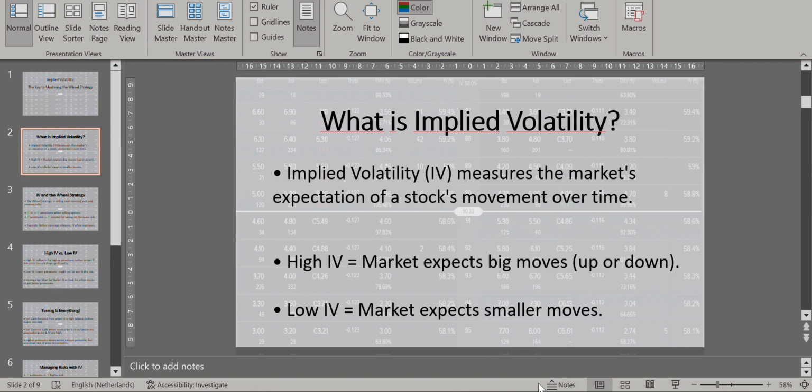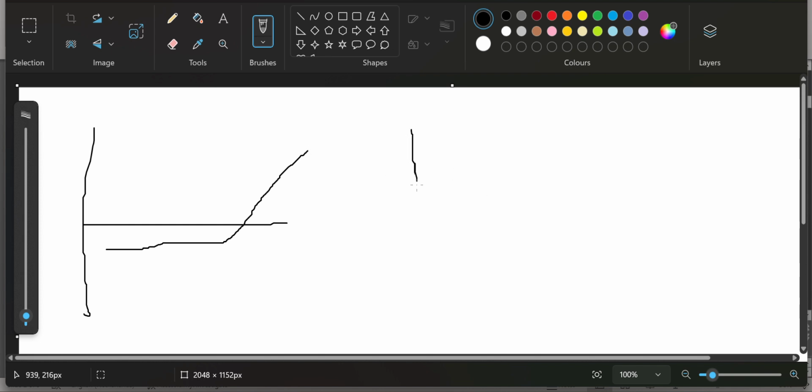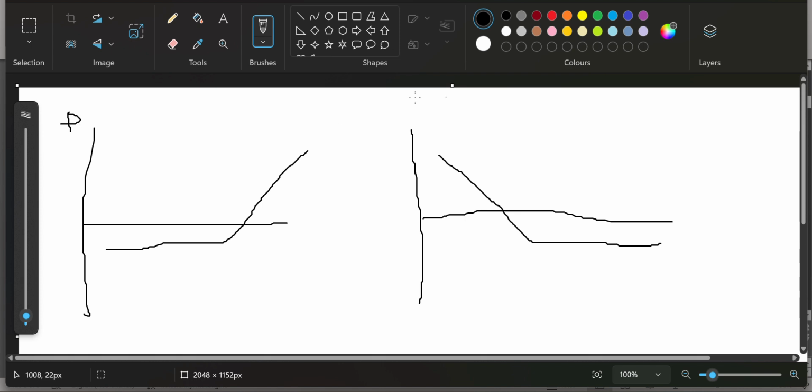Just to give you a brief explanation, if I open Paint here, for example, this is the profit profile of a long position in a call option, and this is the profile of a long position in a put option. Assuming this axis is the profit, and of course this is the price, if the price is very volatile,